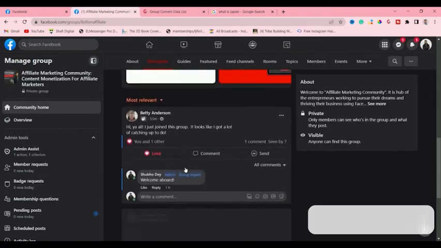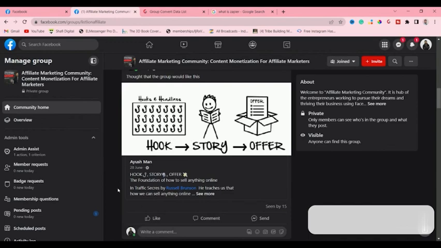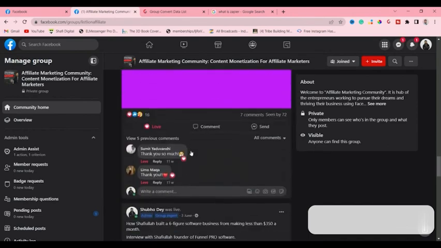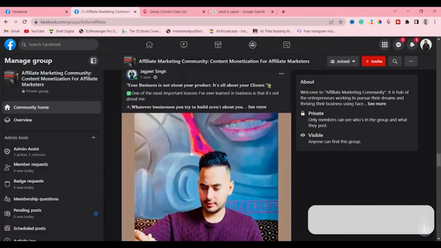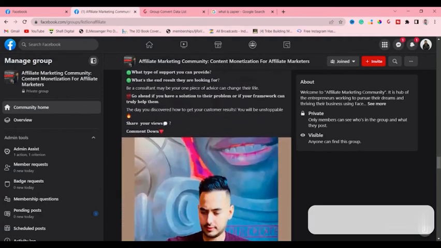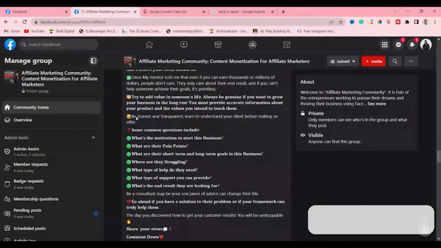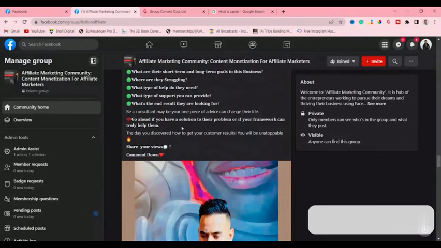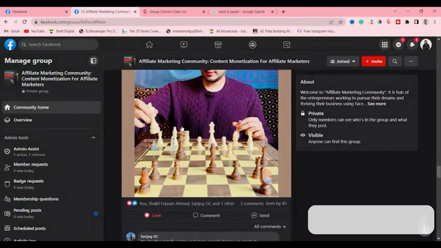I have allowed many people to post in my group, like you can see here. This guy was putting in value posts, so that's why I've allowed him to post, right? A lot of people are there inside. Look here also, he's posting a value post, so that's why I have allowed him to post, right? So make sure that if people are posting value posts, I mean they're putting content in your group, then allow them. If they're putting in any kind of link, don't allow them to put links, okay. When people are adding value in the group, this will help your group to grow and increase growth as well. So that's how you'll start generating leads and start making a good business with your Facebook groups. So if you have a Facebook group,